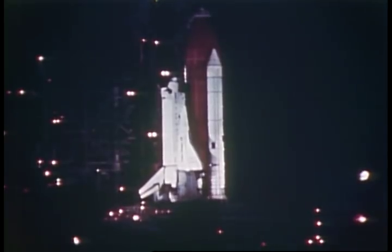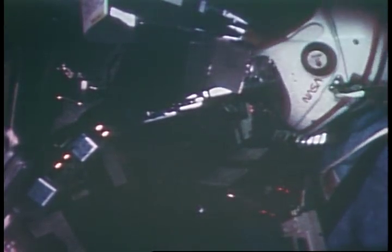Okay, we'll be starting off here again before liftoff. We didn't take any stills during liftoff. There's a vehicle on the pad the night of the launch. Unfortunately, you can't see the lightning and the rain. As we depart our quarters heading out to the pad, once again, it doesn't show, but it was raining cats and dogs. And I think each of us in the crew were not real confident that we were going to